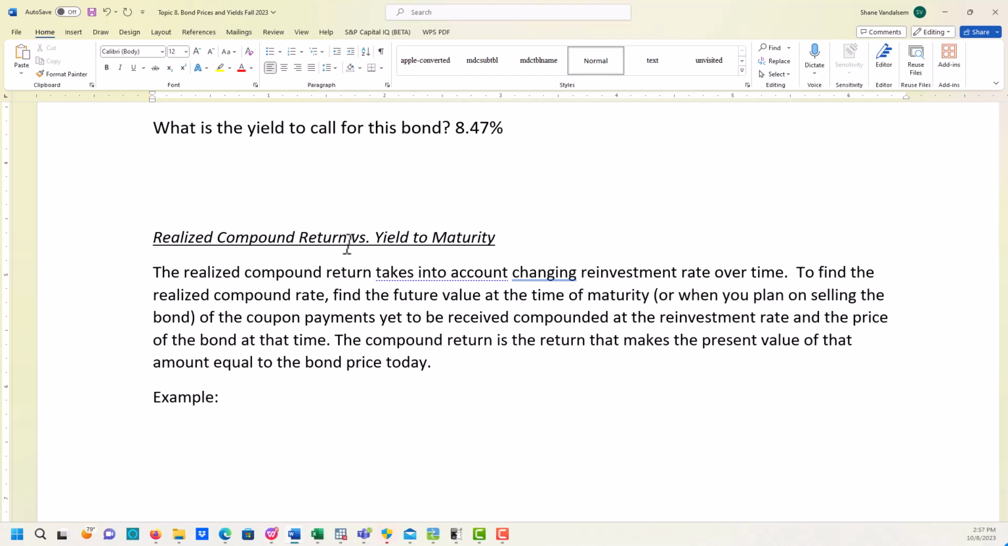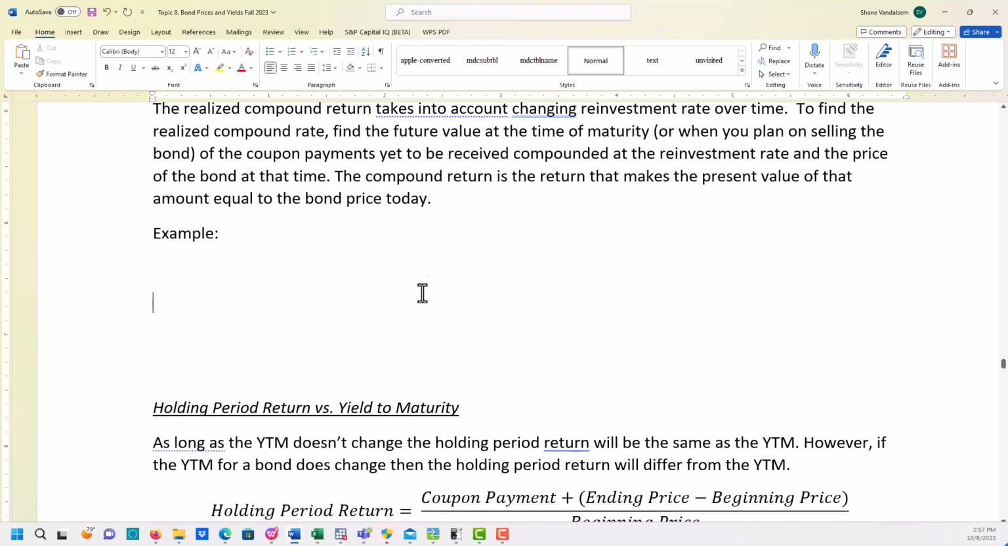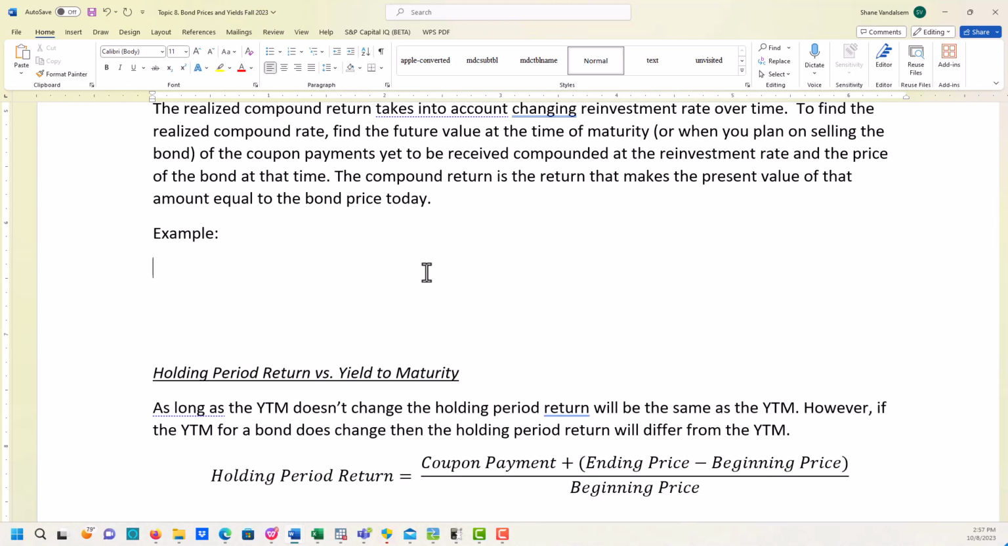So we have the situation where the realized compound return takes into account changing reinvestment rates over time. To find the realized compound return rate, we find the future value at the time of maturity, or when you plan on selling the bond, of the coupon payments yet to be received, compounded at the reinvestment rate, and the price of the bond at the time. The compound return is the return that makes the present value of that amount equal to the bond price today. So what we're going to do is think through the cash flows that we get from a bond and the rate we can reinvest those at during the life of the bond. So for example, I'm going to keep the bond pretty simple here because the math can get complicated if we don't. So let's say that we purchase a bond today